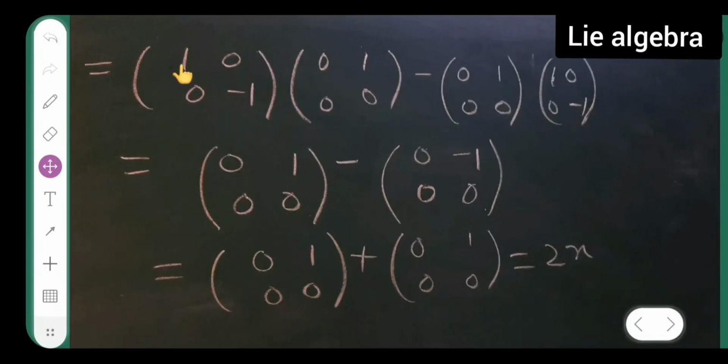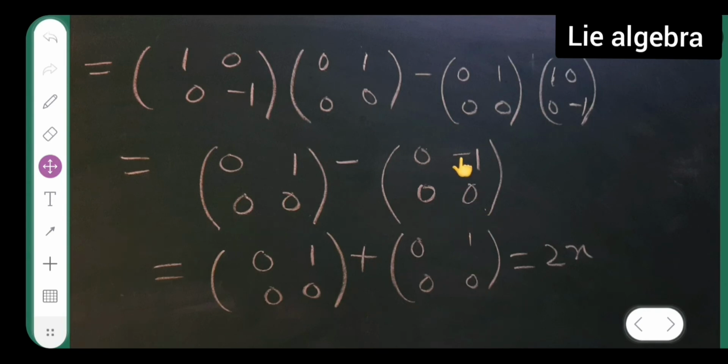So, now this 1, 0 is 0, plus 0. So, I am getting here 0, okay? Now, this into this I have done. Now, this into this I have to do. So, it is 1 ones are 1 plus 0, so what will remain is 1. For this into this, 0. So this plus this is again 0. Minus, similar way for this one you all do, and you will get 0, minus 1, 0, 0.